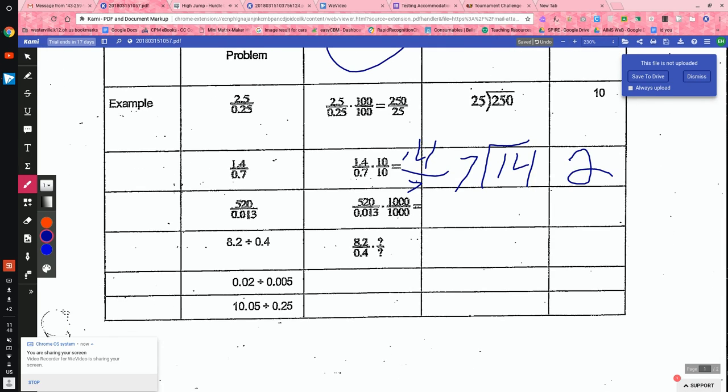Following your model then, you have 520 times 1,000. I don't have any room, so I'm going to write over here. I'm just going to add a bunch of zeros. So I'm going to add these 3 zeros to 520, and I get 520,000. Yikes. Not a number I want to work with. Put that over 13,000 times 1,000 would just be 13, similar. So our division problem is 13 divided by, yikes, 5,000,